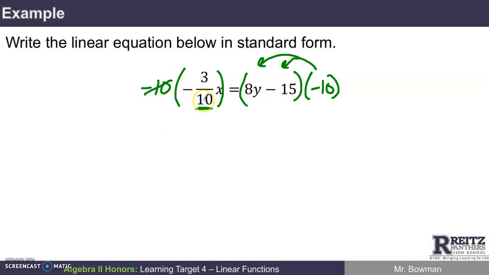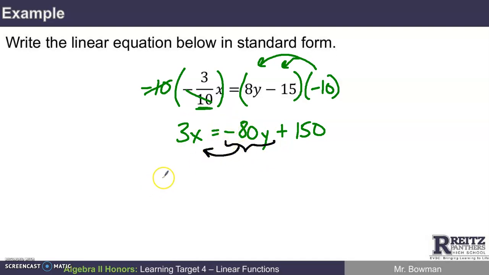So if I do this, what I'll have on the left side is simply 3 times x, 3x. If I multiply each of these terms by negative 10, I'm going to get negative 80y, and I'll get positive 150. Now the only thing that keeps me out of being in standard form here is that I don't have the x and the y terms on the same side. So let me take this term here and ship it over to the other side, and in doing so change its sign. How about 3x plus 80y